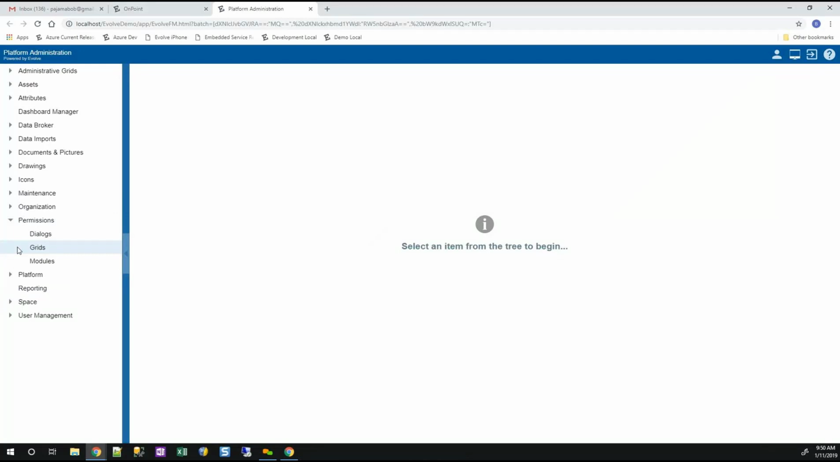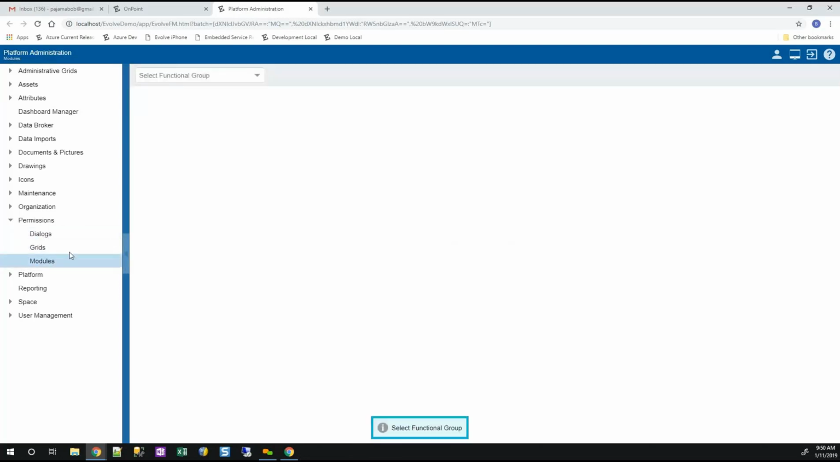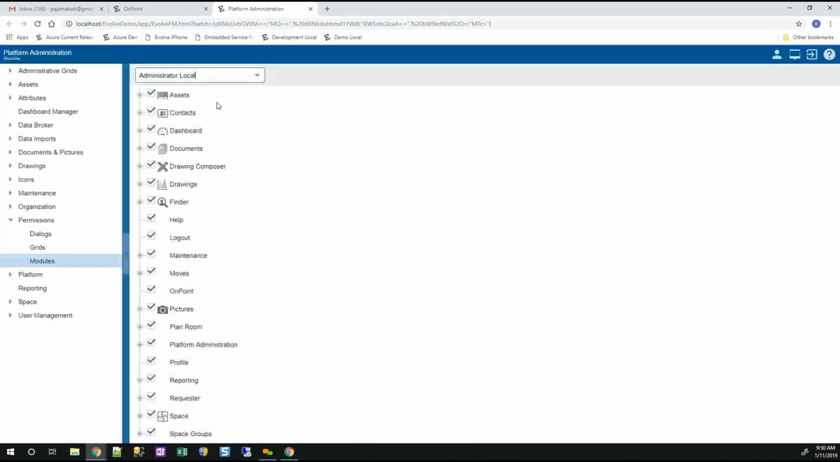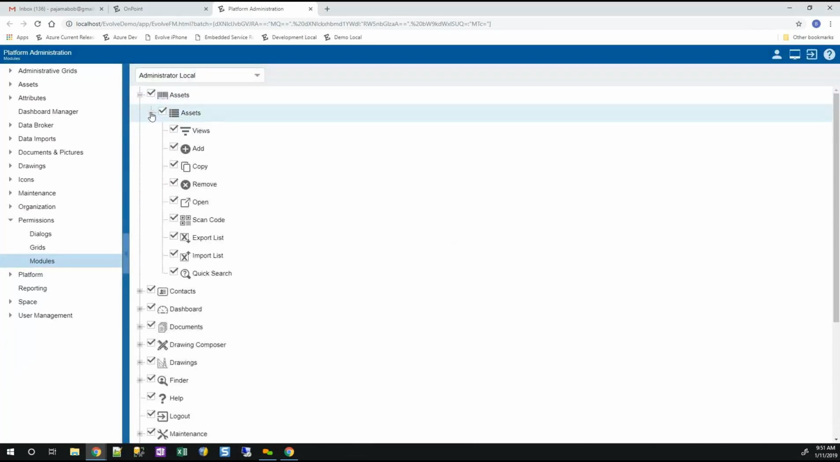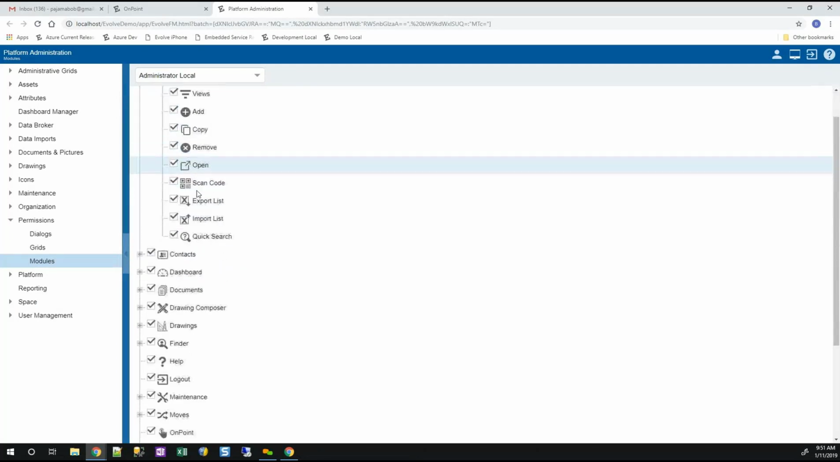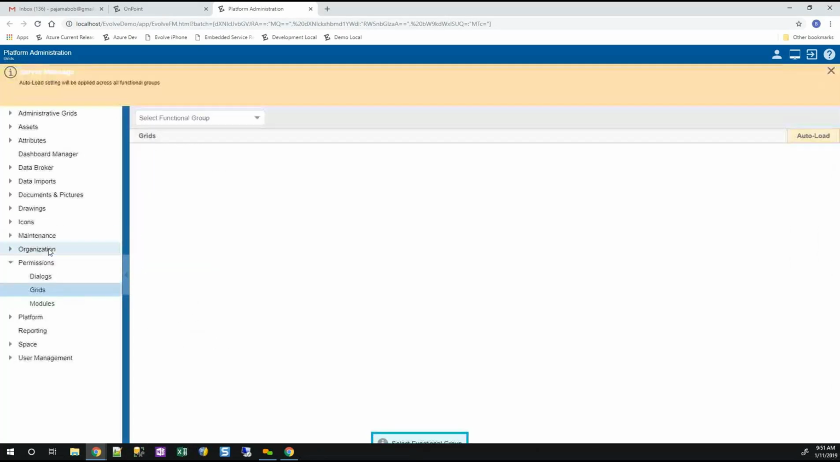For those of you familiar with Evolve, you know that the permission levels are very deep. I create a functional group, and based on that functional group, I can go down and decide what modules that functional group has access to, not just the modules, but if the module contains grids, what buttons on the grids do they have access to? What can they do on a grid for assets, for example? So there's the buttons at the module level. I can go down to the individual grids,